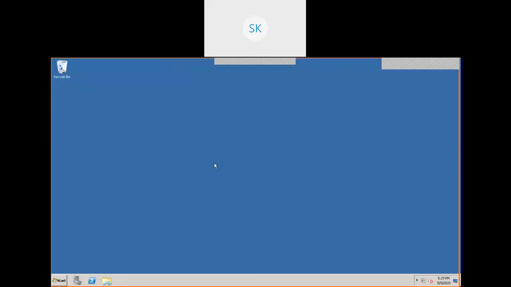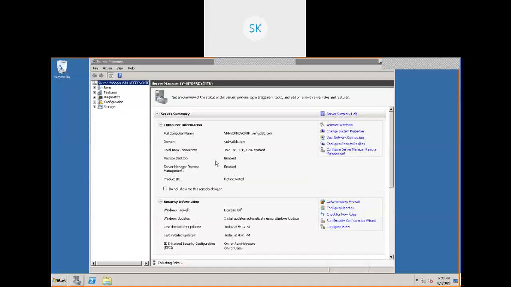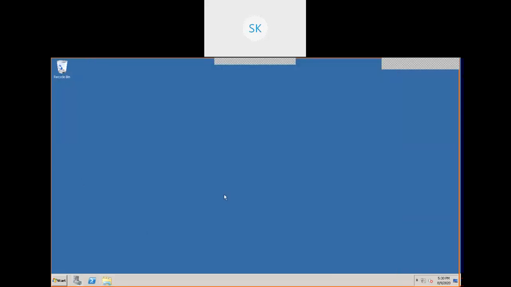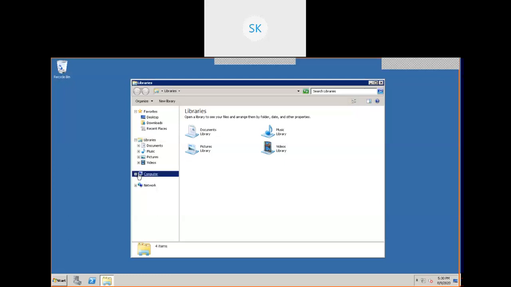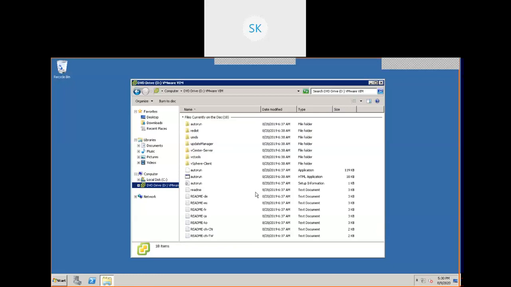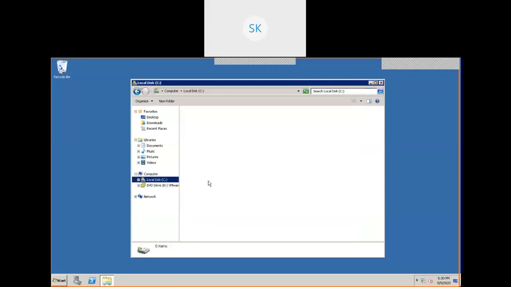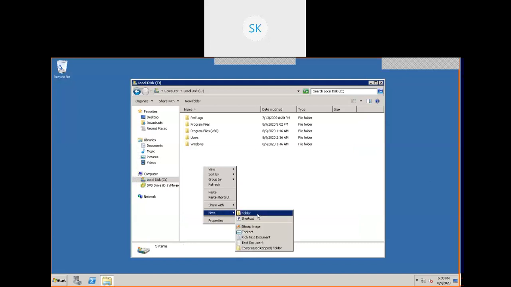The vCenter server. We already mounted the ISO image. It is always best to copy this content. Whatever content we mounted, we are going to copy that entire content to a local path, local disk. Go to my computer and copy that entire content. Before installing vCenter server, it is mandatory to make sure it is added to the domain. Copy, select all, copy to a local path, C drive someplace, create a vCenter dump.